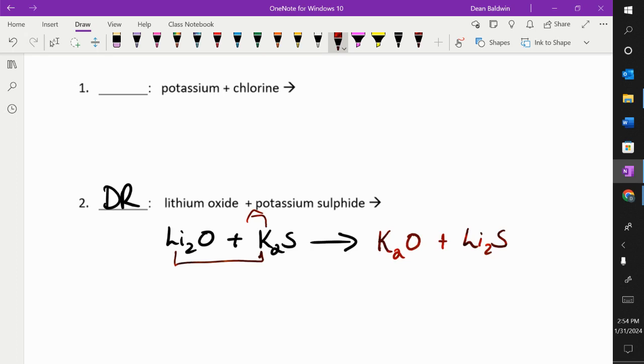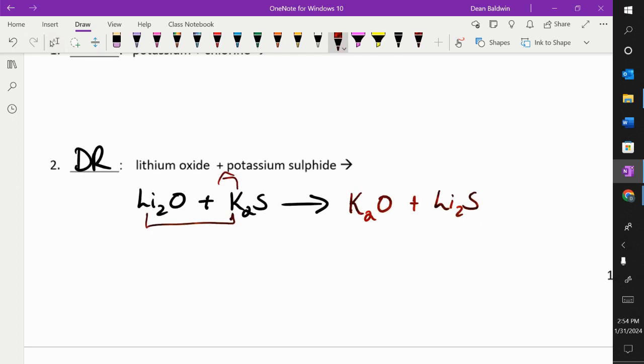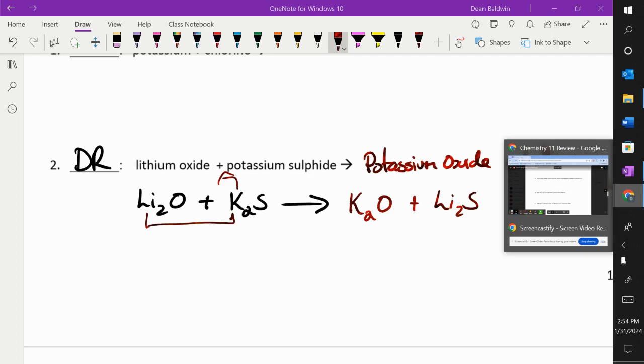All right. Oh, we got to name it. That's what we got to do. What's K2O called? Potassium oxide. And Li2S is lithium sulfide. There you go. All right. So we're just writing the equation, writing the products, balancing it, writing all the names. Please finish all those questions, and that'll bring us up